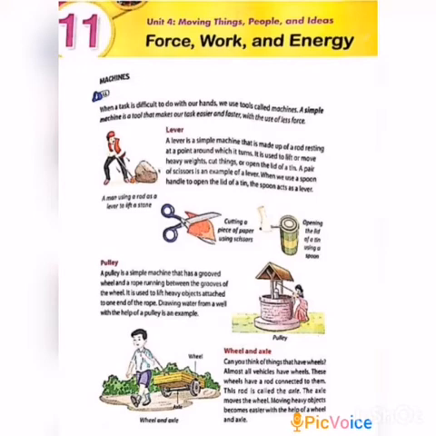Next one, wheel and axle. This is also a simple machine. It consists of a circular object called the wheel and a rod called the axle. The rod is attached to the center of the wheel. This arrangement helps objects move easily. Moving heavy objects becomes easier with the help of a wheel and axle. Doorknobs and screwdrivers are examples of the wheel and axle.